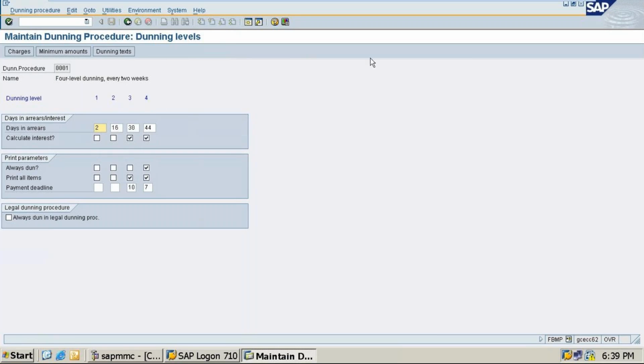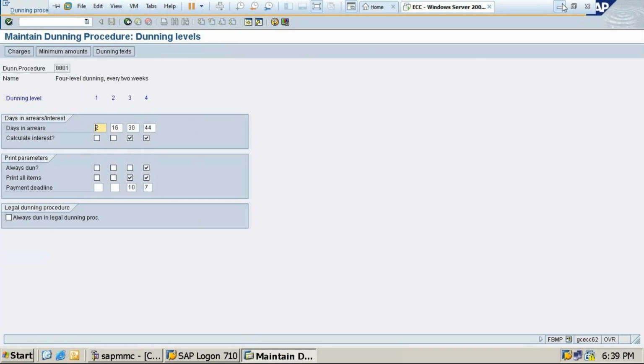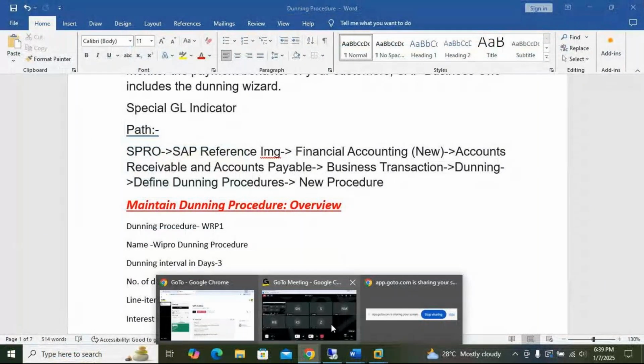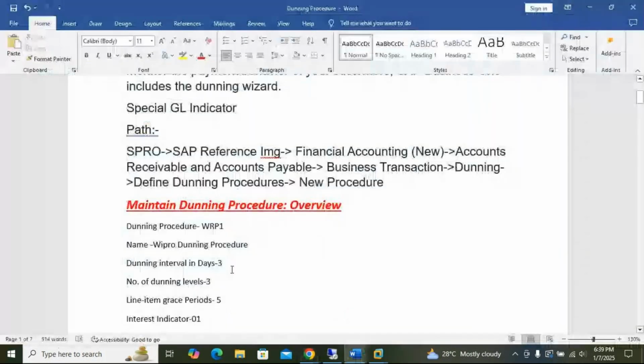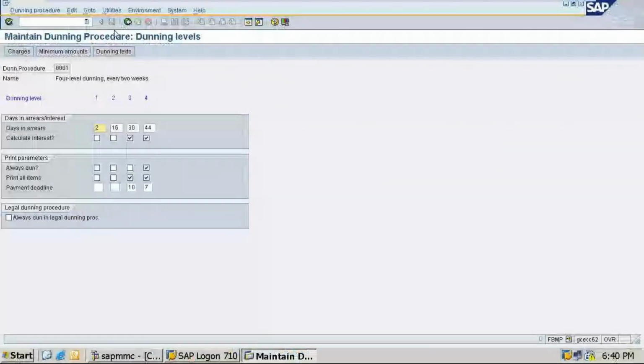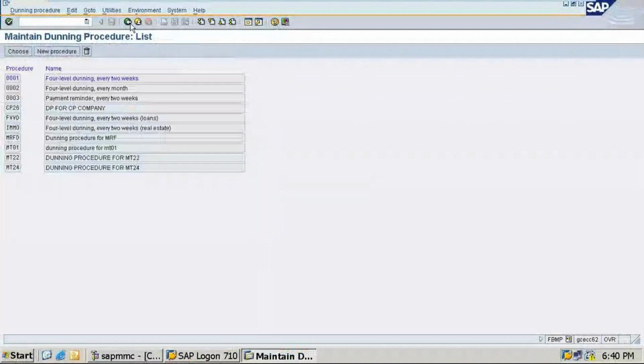We'll see that, students. If there is something we are not able to do, I'll tell you in tomorrow's class. Okay, so let's create one customer once. Without customer, it will not be able to do that. Okay, so we'll do on this. So dunning procedure doesn't take in dunning. Dunning levels in this is number of dunning, all these things. You can take copy as also any of this if you want. So come back. Just take any of the 001 dunning levels.